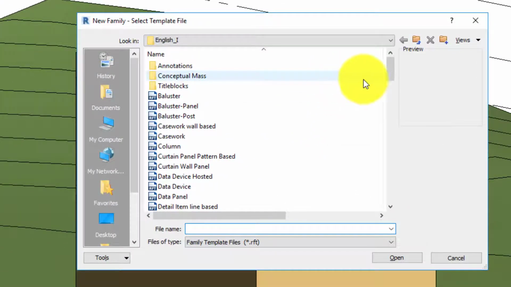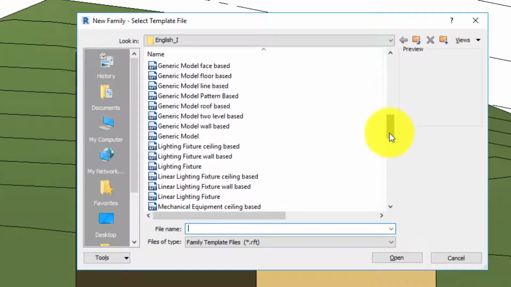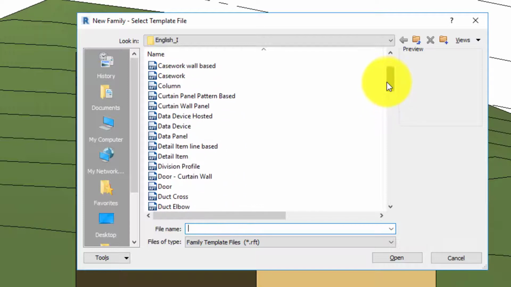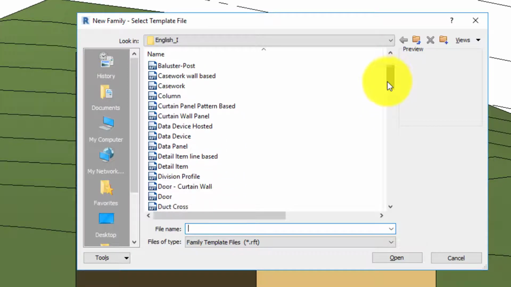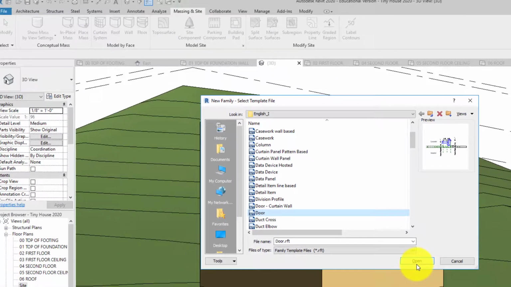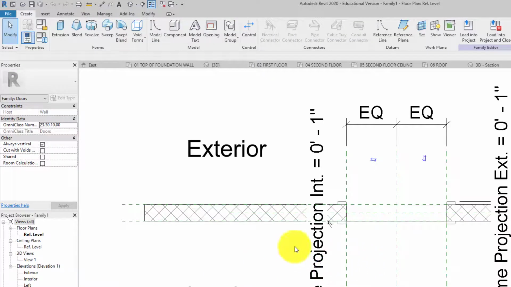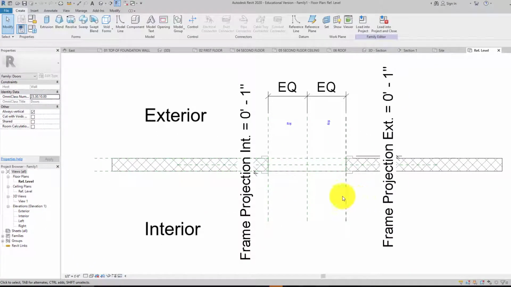And you can do a generic one, which just gives you basically a blank canvas, and I like to use that a lot. But what we want to do is actually use the template called door. Right there, door. We're going to go ahead and click Open. Now, your project didn't close, so don't worry about that. What it did do is it put us right into the reference level, which is just basically the top view section of the door. So if we go to like 3D now,